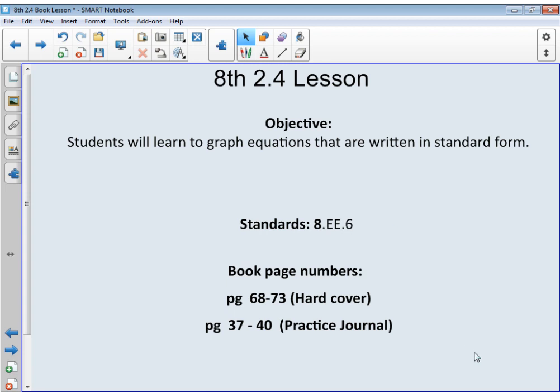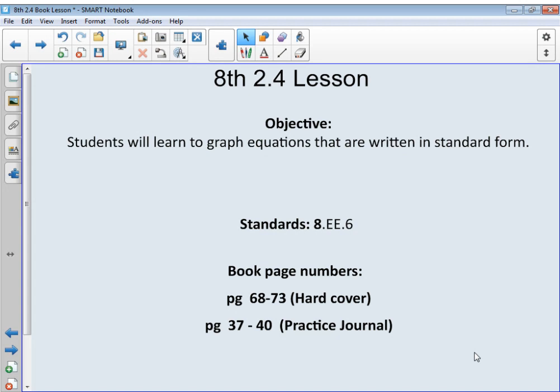Our lesson today is 8th grade 2.4 out of the Blue Big Ideas book. The objective today is students will learn how to graph equations that are written in standard form. The standards covered in this lesson are 8.EE.6. The page numbers out of the hardcover book are pages 68 through 73 and pages 37 through 40 out of